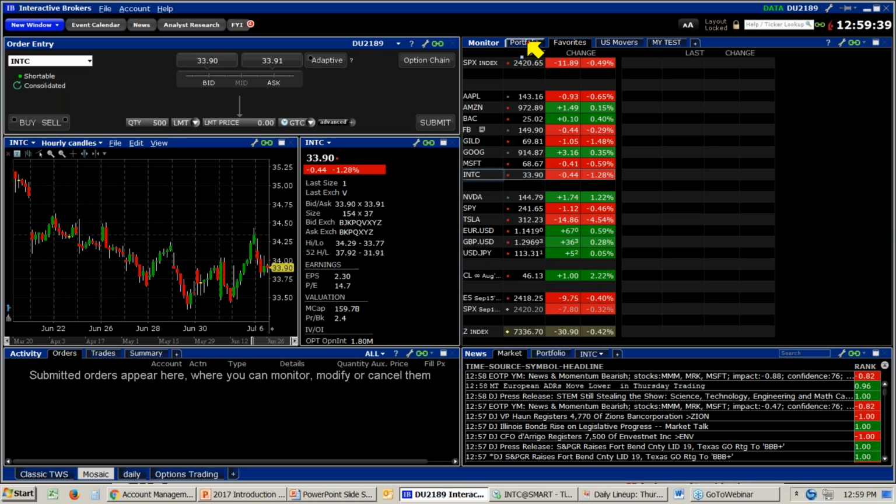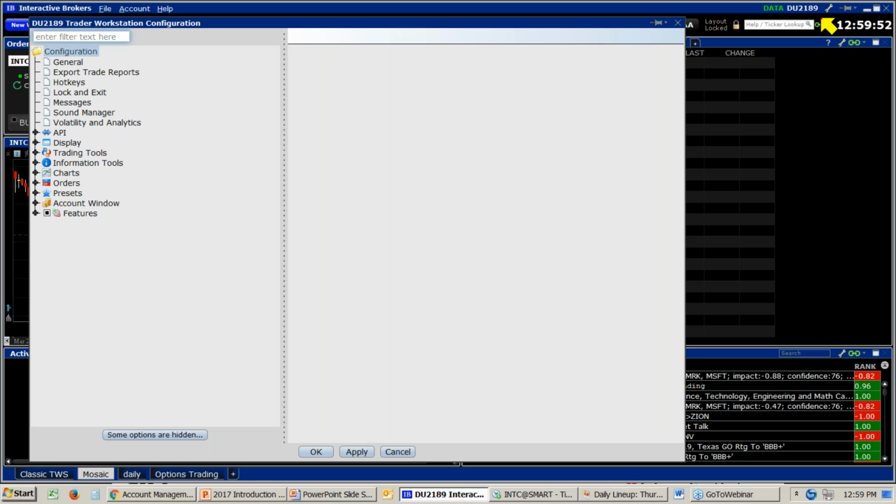Well, doing that within TWS, let's see, we'll go into our global configuration window. There is a way, notice here, with the configuration wrench, that will take you into global configuration. Now, on this window here, there are no default resets. So what you would need to do is simply, and I'm going to ask you to contact client support, because